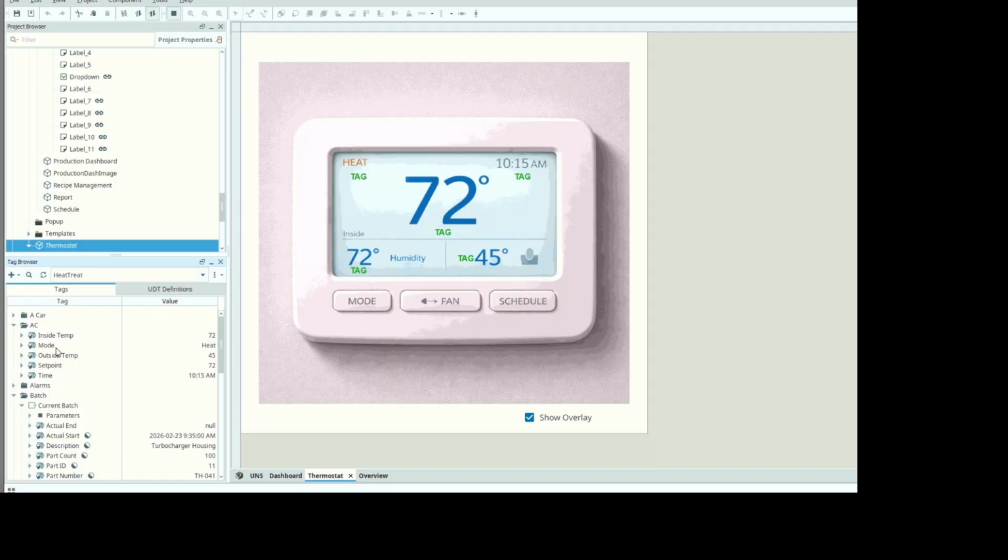So we have our inside temperature, what mode we're operating in, our outside temperature, our temperature set point, and the current time. Those are all tags. So if we're looking at this single thermostat, we have a handful of tags here. If we're looking at an industrial process, we may have thousands, tens of thousands, maybe millions of tags, depending on